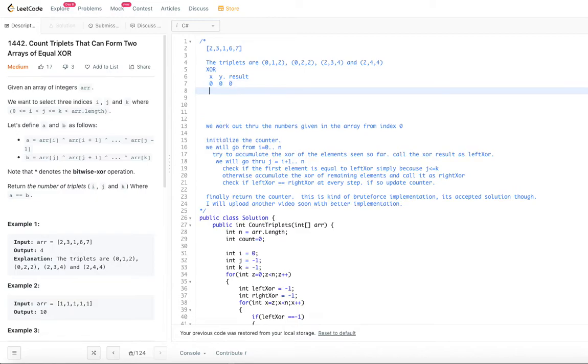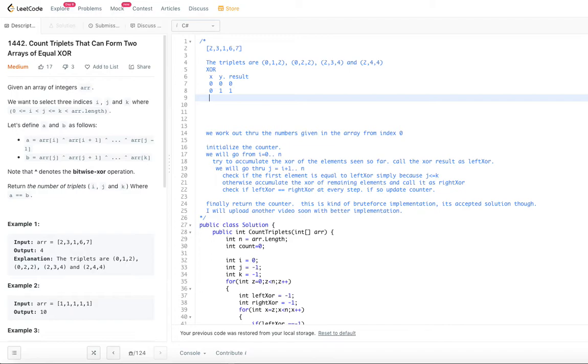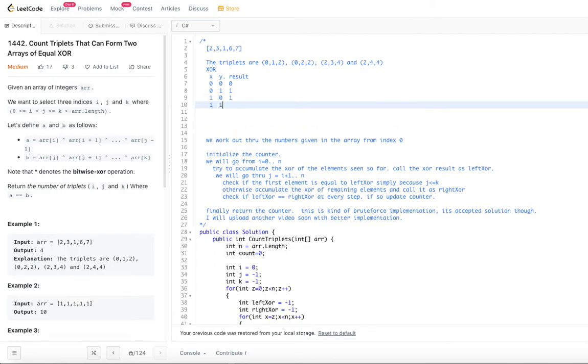When X is equal to 0 and Y is equal to 1, the result is 1. When X is equal to 1 and Y is equal to 0, that is also 1. And X is equal to 1, Y is equal to 1, it will be 0. That is the XOR truth table.